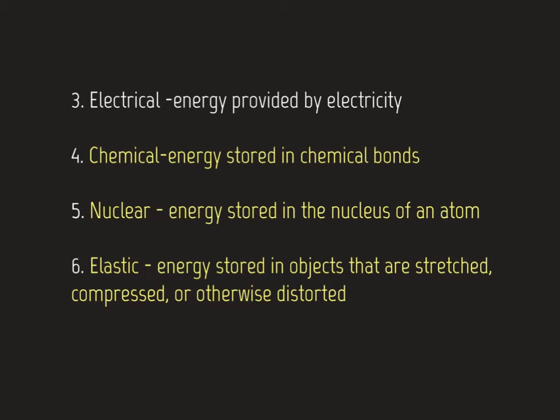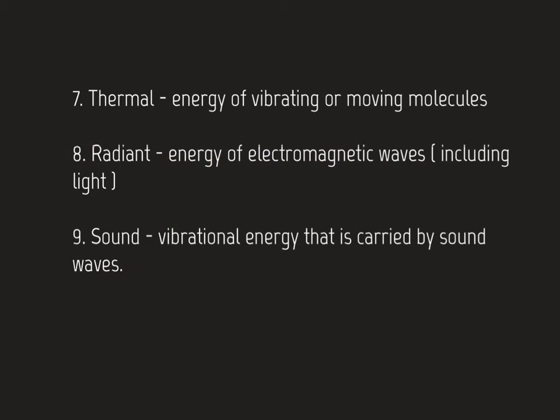Number 6 is elastic energy, which is energy that's stored in objects that are stretched, compressed, or otherwise distorted. Right, so in anything that's really stretchy, like bungee cords, springs, slinkies, anything like that would have elastic potential energy. All right, so thermal energy is the energy of vibrating or moving